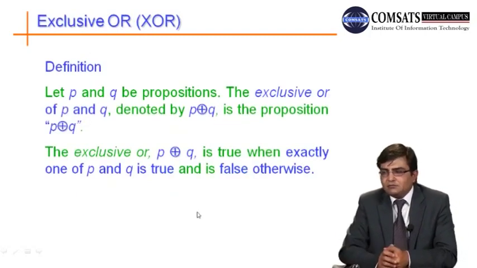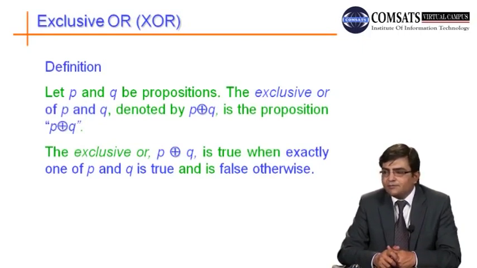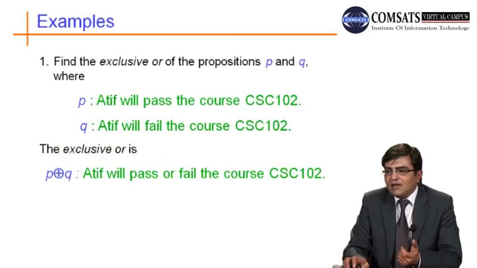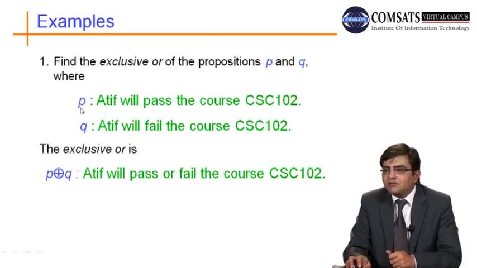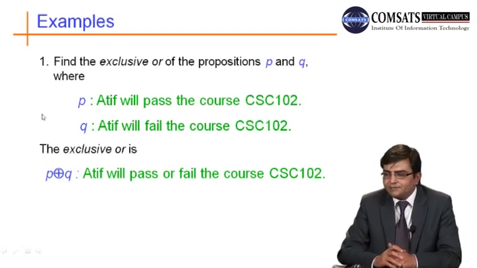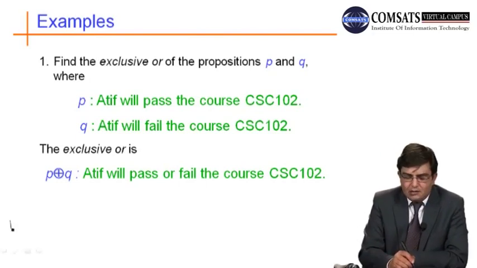Now we have another operator which is called exclusive OR. Let's take some examples first. We have some situations in logic where the disjunction operator doesn't give us the clear picture in the sentences or statements. For example, if we have two propositions, P, where P is Atif will pass the course CSC 102, and Q is Atif will fail the course CSC 102. Now if we write the disjunction of these two operators, what will be the disjunction? P or Q, which will be